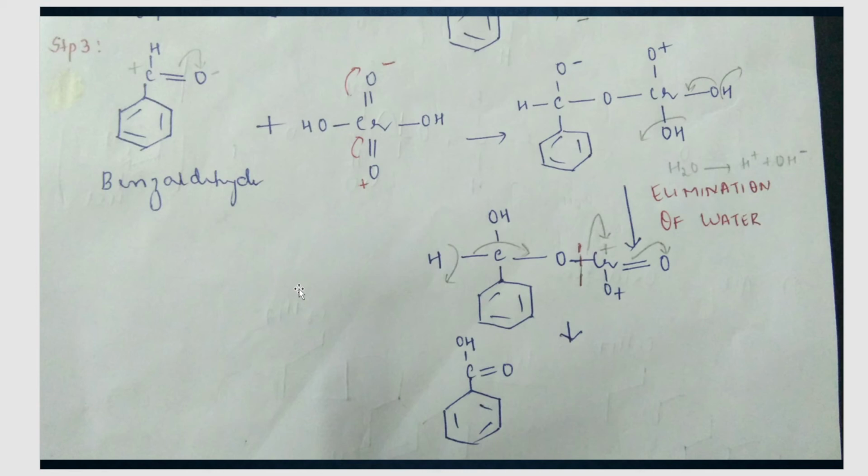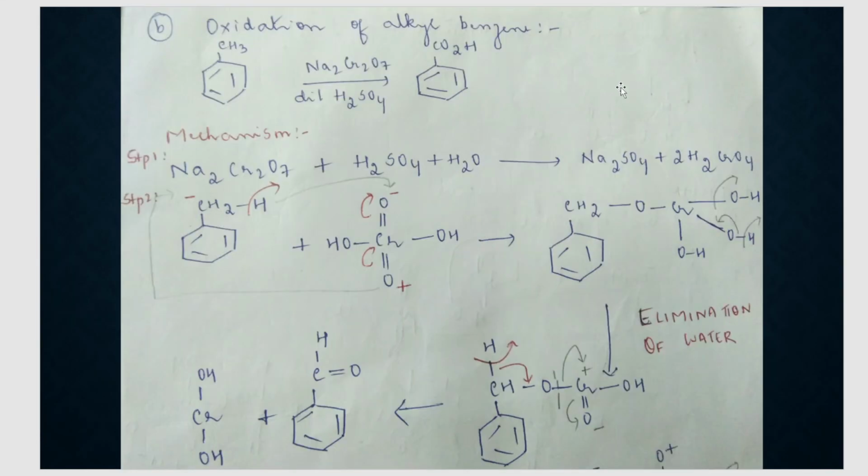Now what do we have to do? We got an aldehyde by the end of step number 2. But what did we have to get actually? We had to get a carboxylic acid group. Correct. We wanted a benzoic acid. Now, how to convert benzaldehyde to benzoic acid? Once again, what are you taking? You're taking chromic acid. Initially, if you remember, I'll show you how many molecules of chromic acid did we get?